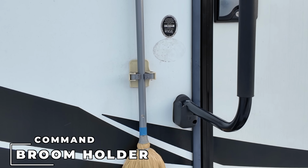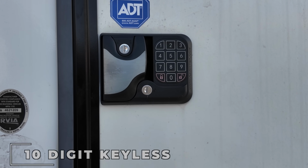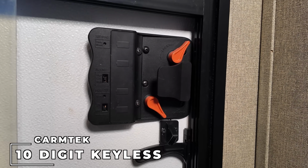I stuck a command broom holder here by the entry door so we could brush off the steps. On the outside of the door, we installed the Carmtech 10-digit keyless entry lock. Now, at the time of recording this, these are currently on back order. I will still put the link down below, but it might take you to a dead link until these are